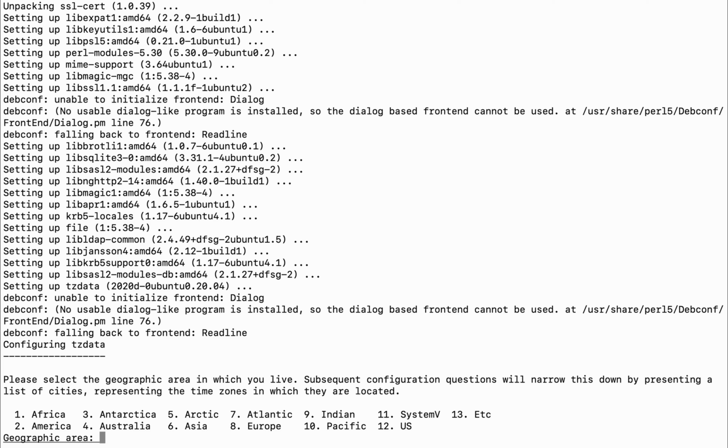So Apache 2 is installed. Now let's see the status of Apache 2. It is not running right now because we have to start Apache 2 to run it.